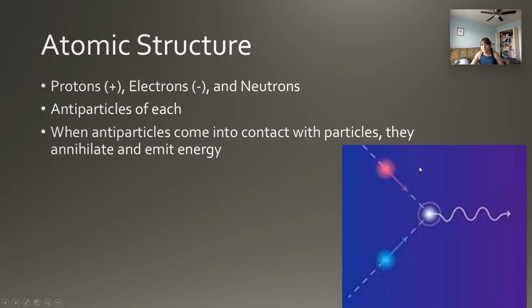Here's a little diagram. Let's say this is an electron and its antiparticle, a positron. If they come into contact, they annihilate each other. So they cease to exist, and they're converted into energy in the form of, let's say, a gamma ray. And the reason that antiparticles are created is because of the conservation of charge. So if through some process an electron is created, that's a negative charge, there needs to be a positive charge to balance that out and follow with the conservation of charge.